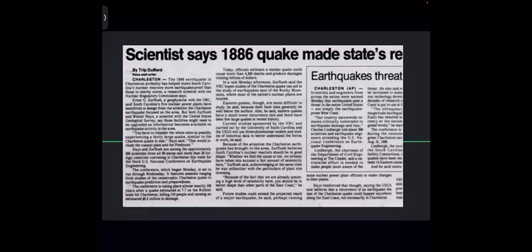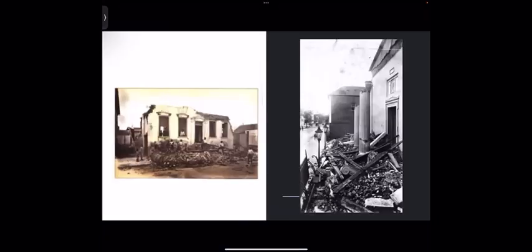South Carolina. So the first sentence says the 1886 earthquake in Charleston probably has helped make South Carolina's nuclear reactors more earthquake proof than the nearby states. So that's interesting. And then at least 60 people were reported dead after the earthquake, and there was roughly